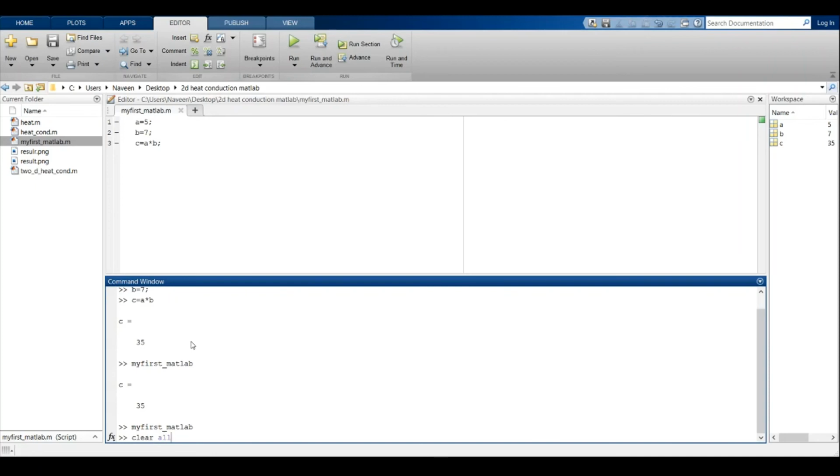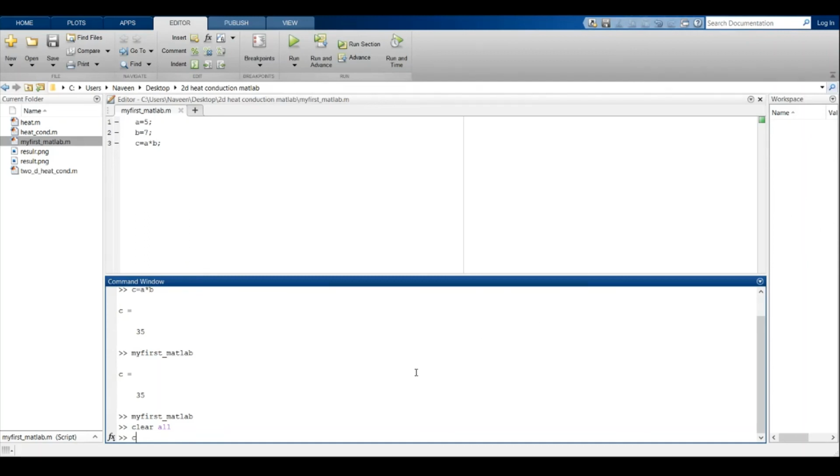What is this clear all command? Clear all removes all variables from workspace. Here I have assigned value 5 to A, 7 to B and 35 to C. So I am giving clear all. See now, there is no variables shown in workspace.